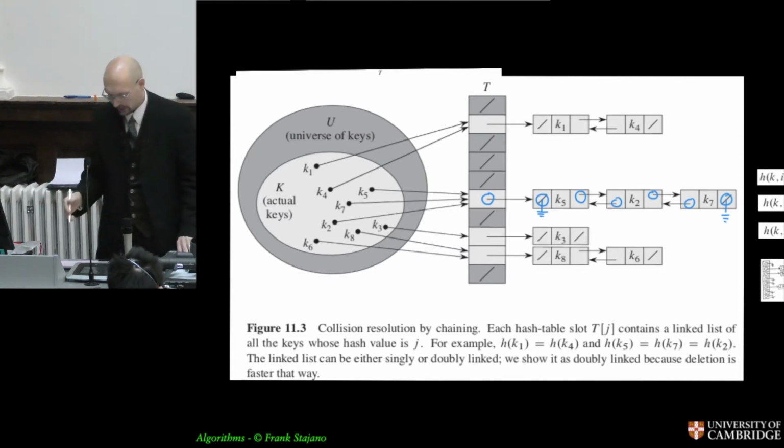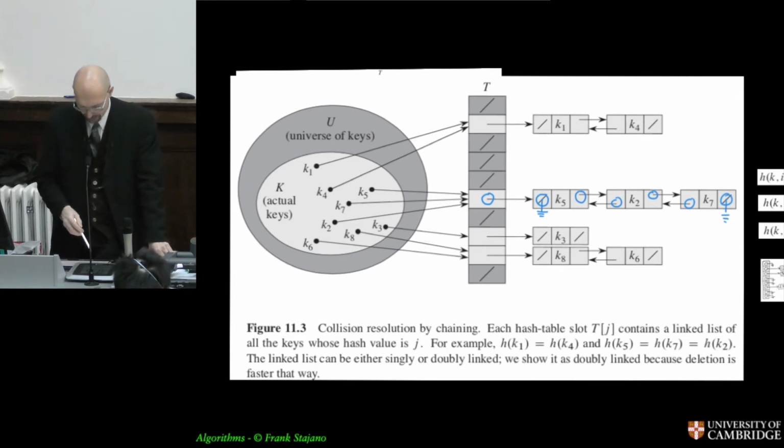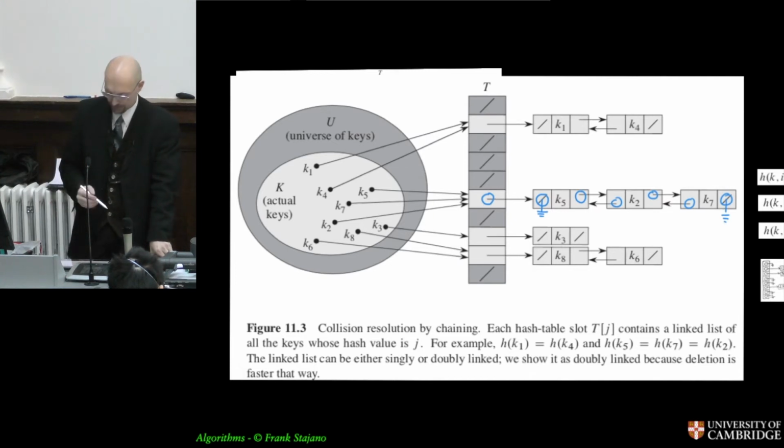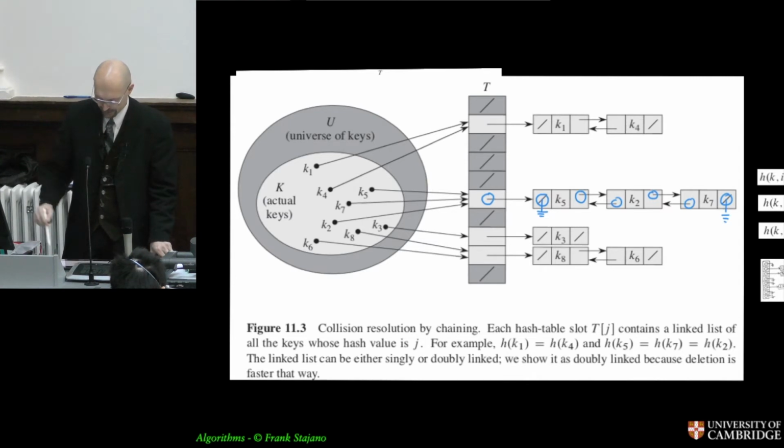Now we're in a situation where we don't allow duplicates. In a hash table, it would make no sense to have duplicates. But still, if I assume that I am giving you the pointer of the item I want to delete, for example, this one, then if I had a singly linked list, I would have to change the pointer of the item pointed to this one, so that it no longer pointed to this one, but pointed to what's appropriate, which is the next item after this one, in this case empty. In another case, there could be some other item following here, and this would have to be patched in by